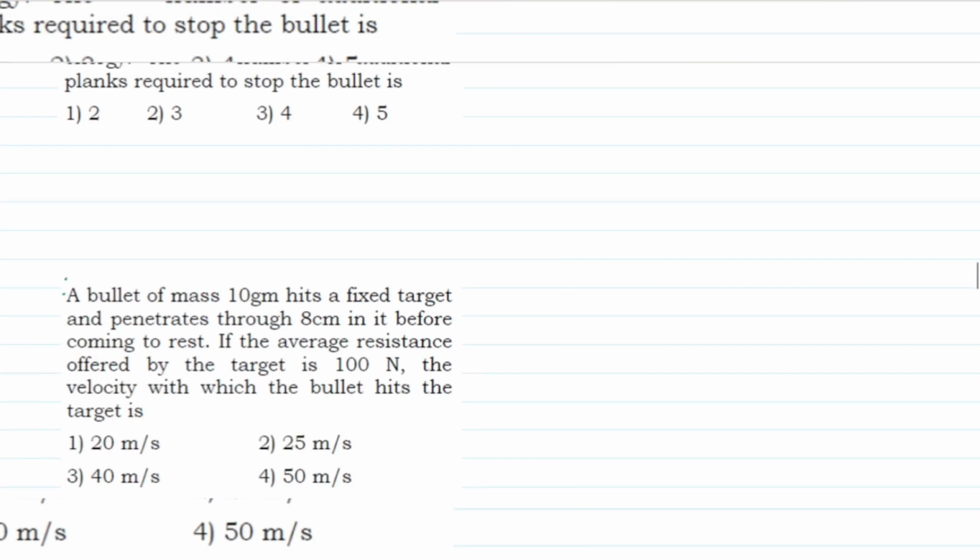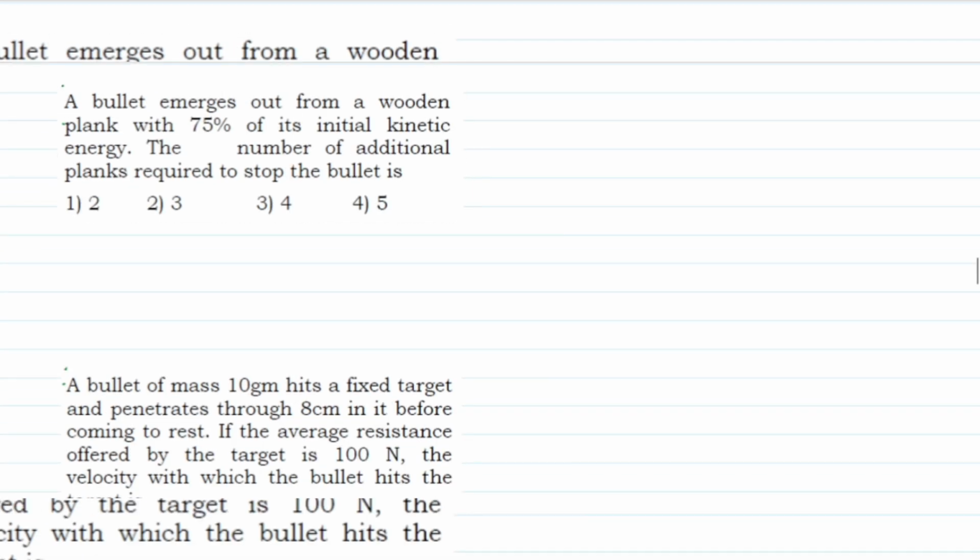A bullet emerges out from the wooden plank with 75% of its initial kinetic energy, and the number of additional planks required to stop the bullet is asked. So here one wooden plank is given, and a bullet you are going to be firing,